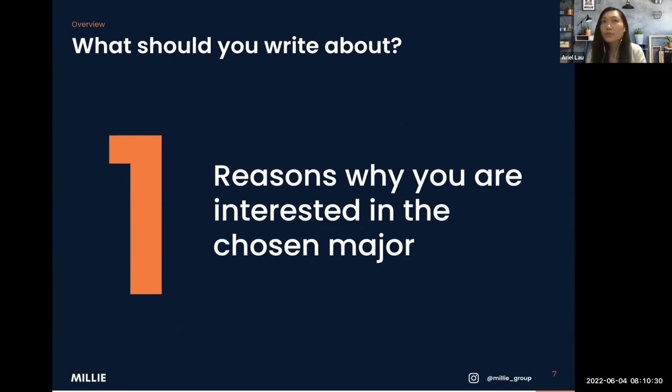A lot of students would begin with something like, I'm interested in this major because, which would be a little bit more ordinary way of starting it. Not that it's not okay, but you would probably want a spark to be really outlined in the first paragraph of your entire essay, so as to grasp the attention of the admission officer of your respective university, right? Okay, so this is point number 1, and that should be your first paragraph.